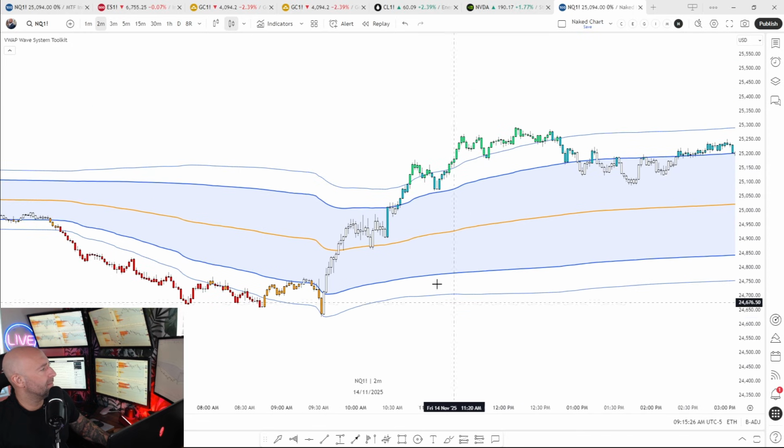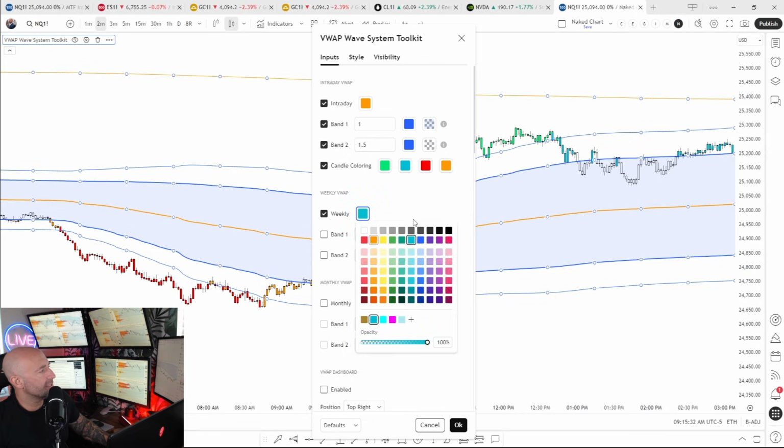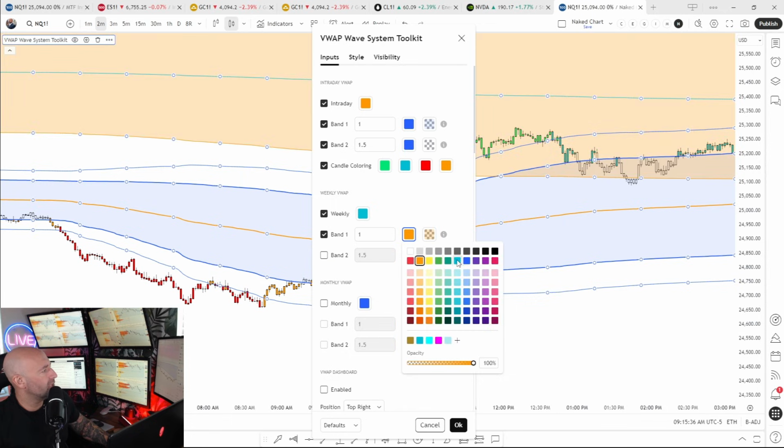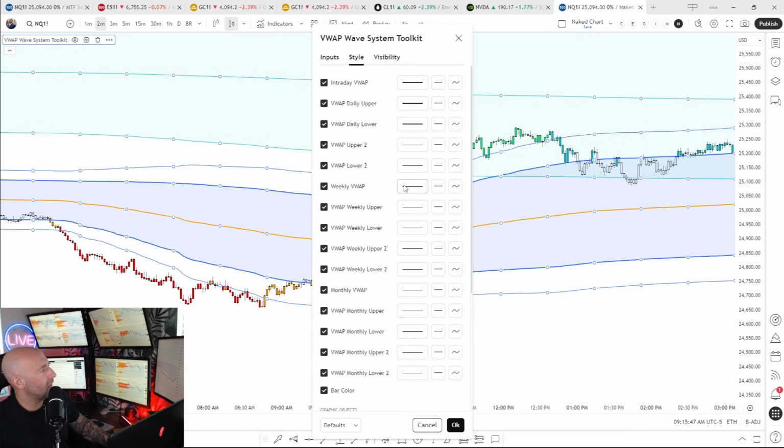Okay, so that's pretty simple in and of itself. We then have the weekly VWAP. I tend to put this as the cyan color, and I'll do 1 standard deviation. I'll put blue, and I'll make this very light. Okay. In order to be able to see this as a very different style, normally I'll also make the weekly